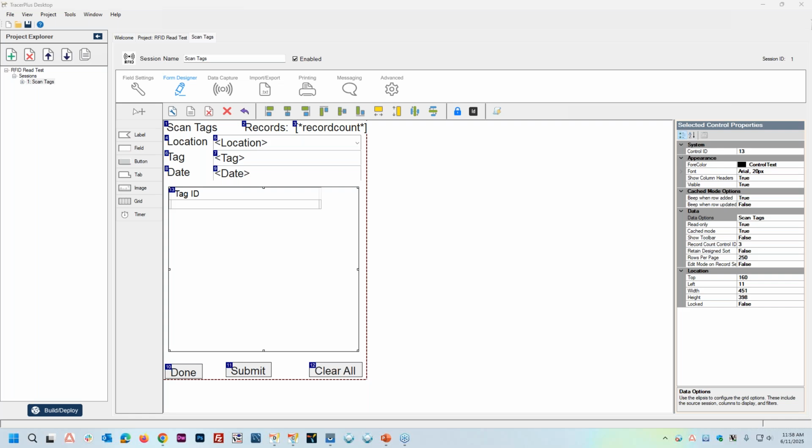Another question here is, can you implement a locate function within an app? Example, I have an asset list that I pulled from our database and I want to find an asset in that room. Yes, so you can do that where you essentially open a form. It has your list of assets. You can add functionality to search for a specific asset, to filter that grid down to the specific asset or assets you're looking for, and then either select that single asset and use the locate to find it, or we